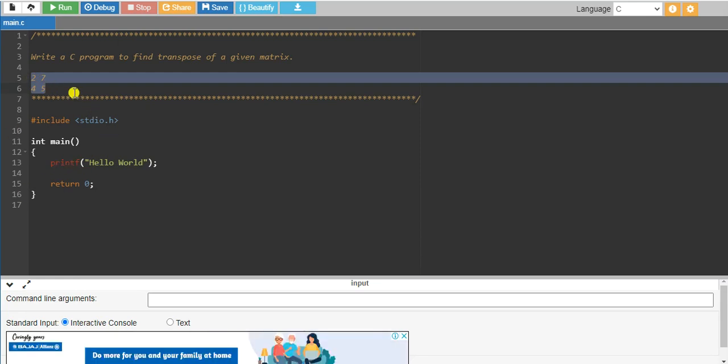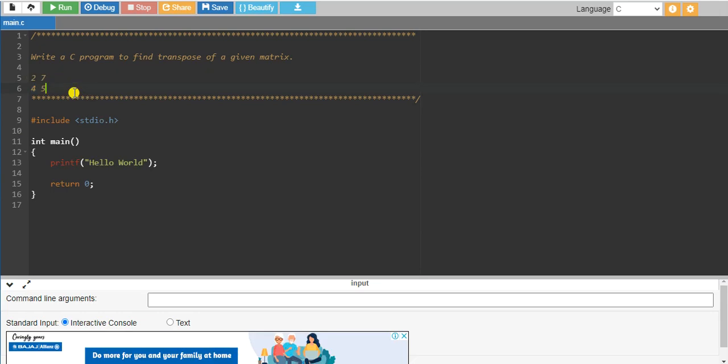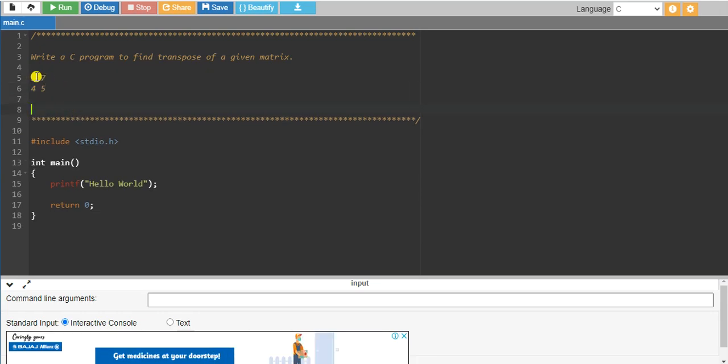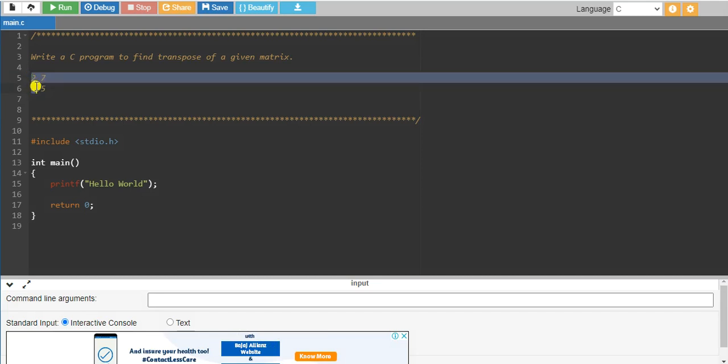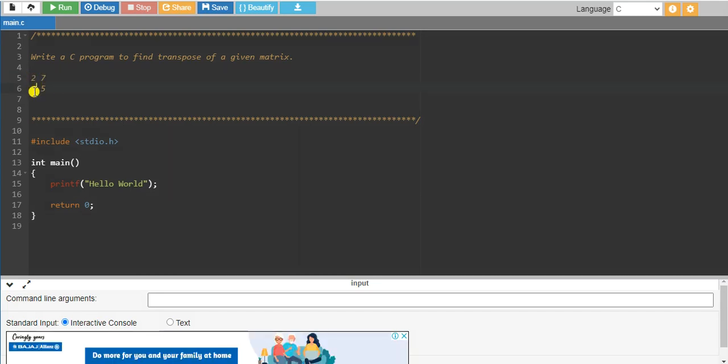It is a very simple thing here. Just we have to represent these rows into columns and columns into rows. This 2 4 are there in first column, 7 5 in second column. So 2 7 is the first row, 4 5 is the second row.